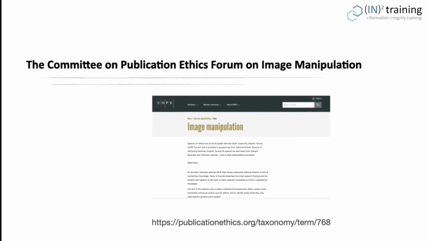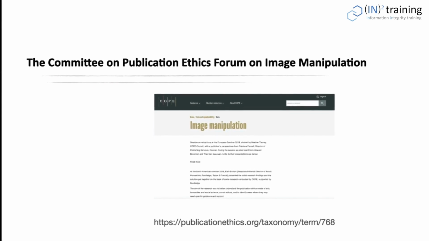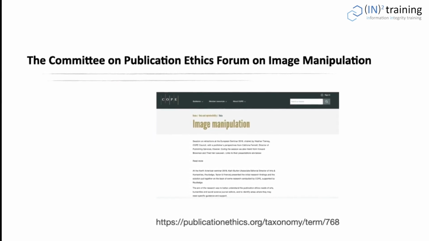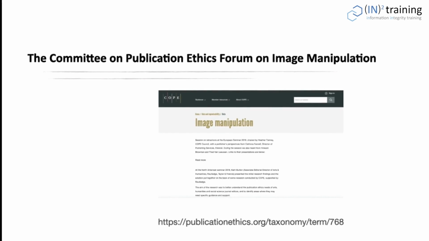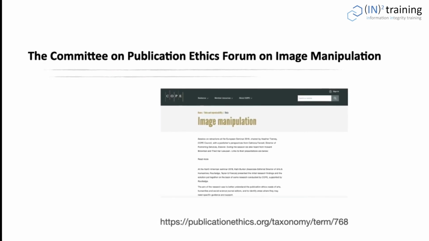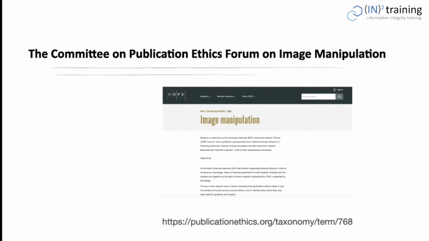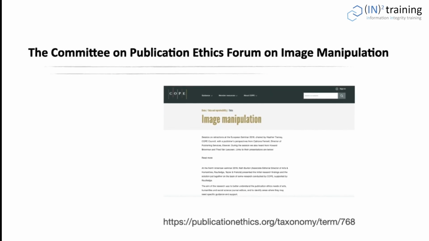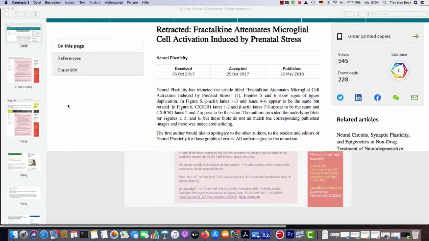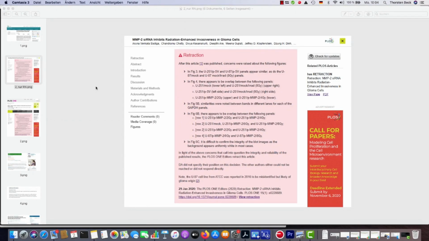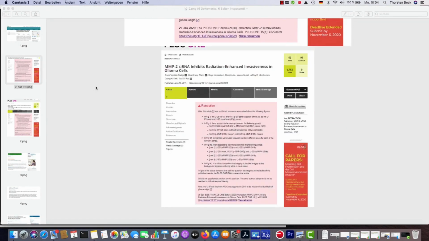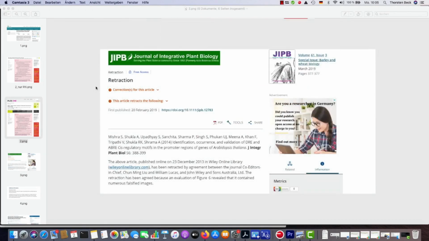Making decisions about image integrity often involves individual authors, institutions like companies or universities, editors and publishing houses and others. And it is often the standard, rather than the exception, that such investigations take years before a decision is being made. The terminology derived for describing image manipulations mostly comes from retraction notices and partly from the literature. But now to the question of how image manipulation can be classified.